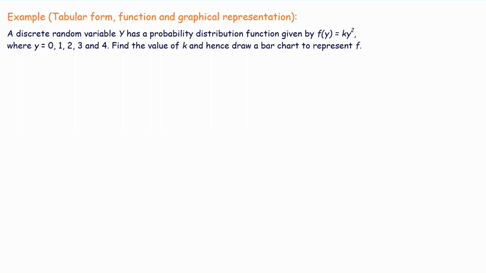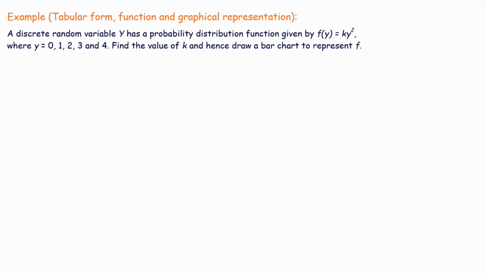Okay, so we can also represent probabilities as a function or in graphical representation. This problem here would help us to gain some understanding on this. A discrete random variable y has a probability distribution function given by f of y is equal to ky squared, where y is equal to 0, 1, 2, 3, and 4. Find the value of k and draw a bar chart to represent f. So what we can do here is